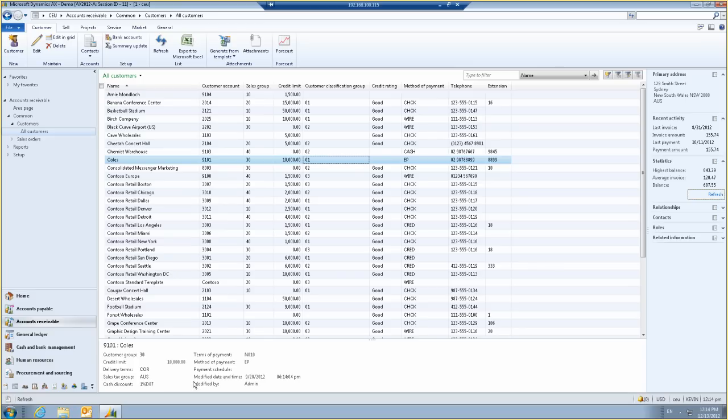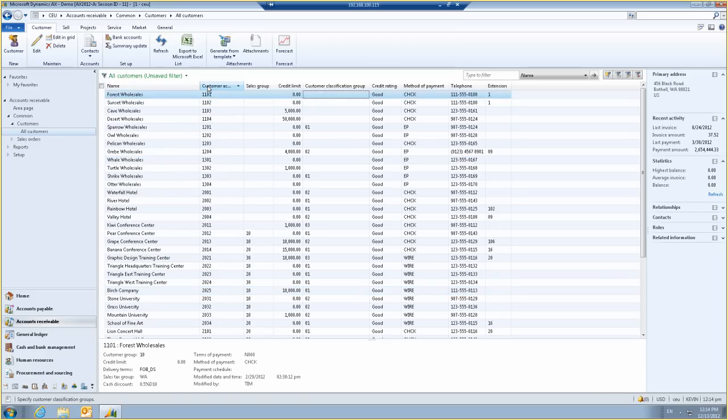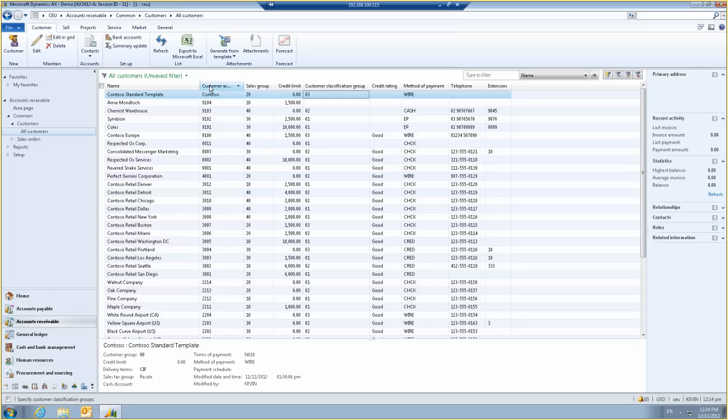Now searching and sorting for data is very, very simply done. If I wanted to sort on a particular column, it's as simple as clicking on the column once to sort in ascending order and clicking on it again to sort in descending order. Now that can be applied across any of these columns you see in this particular grid. Now this isn't to say that this is essentially what you see. You can, however, personalize this particular grid by adding and or removing columns depending on what you wish to see